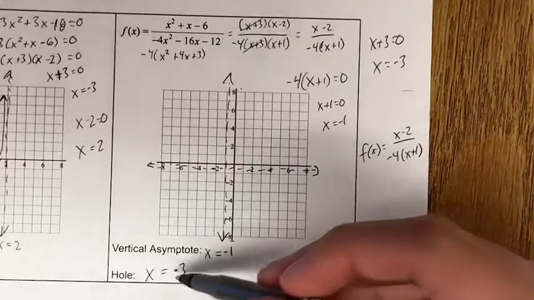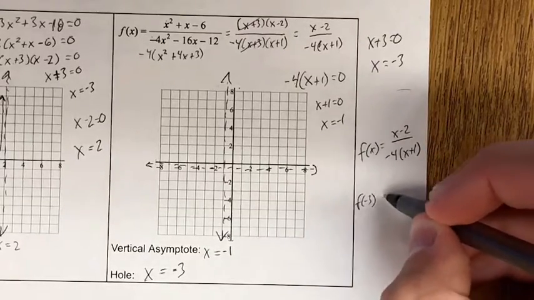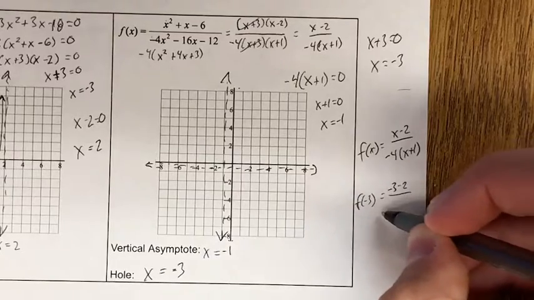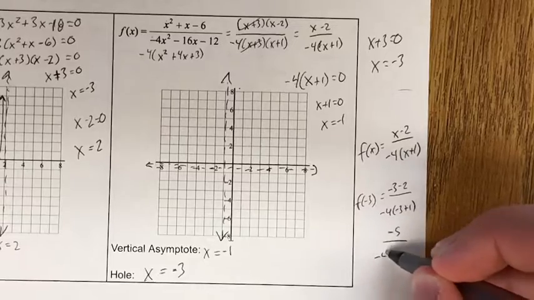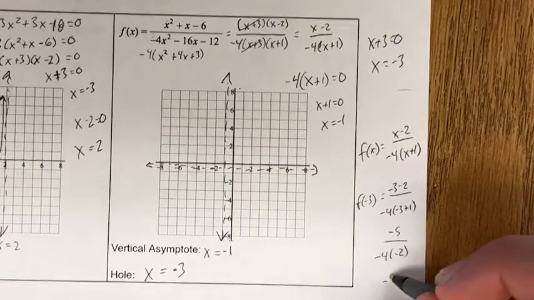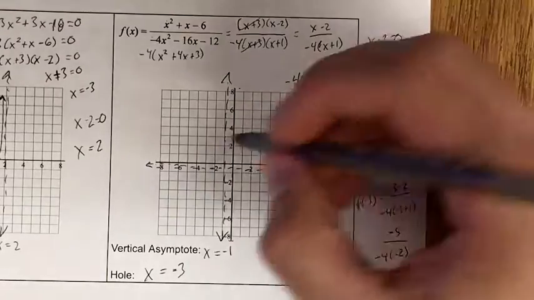So if we plug in negative 3, f of negative 3 is negative 3 minus 2 over negative 4 times negative 3 plus 1. So negative 5 up top over negative 4 times negative 2, negative 5 over 8. So when we plug in negative 3 for x, we get negative 5/8,